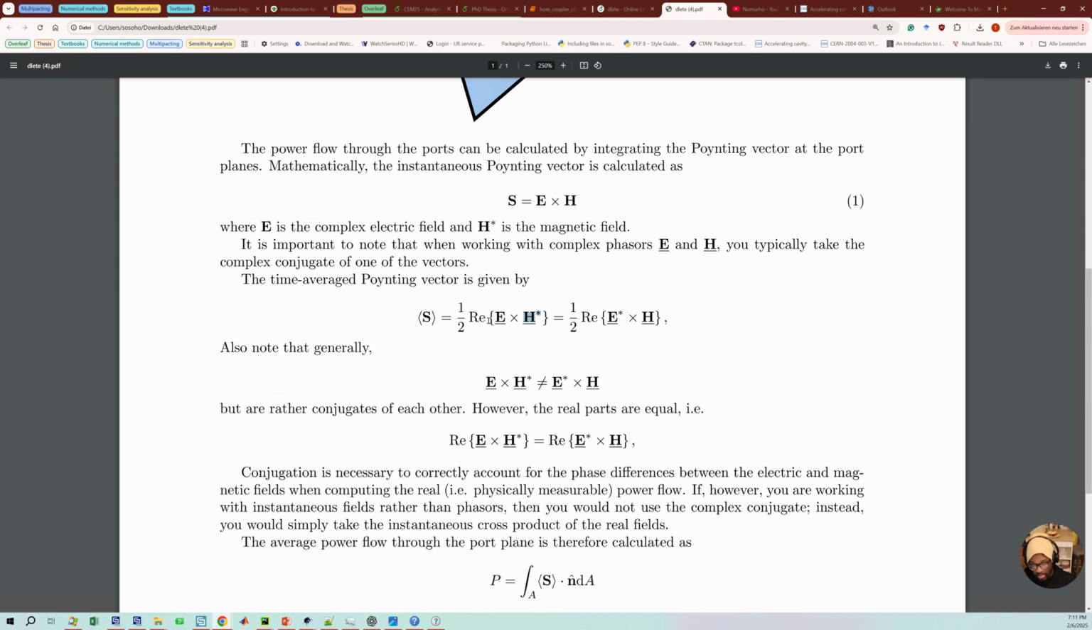If we're not working with phasors, if we're working with the electric field itself in time, not the phasor, then you would have this definition, which gives you the instantaneous Poynting vector. If you integrate this over the area, you would have the instantaneous power flow through the port. But what we need is the average power flowing through a given surface,